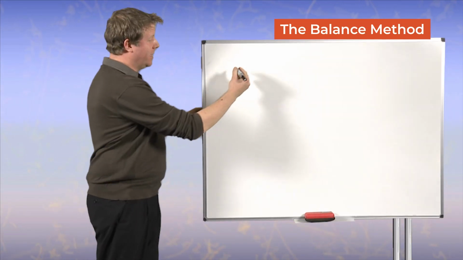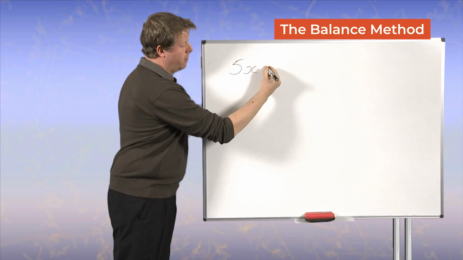Now, there are two methods we're going to look at for solving equations, and you need to decide on the method that works best for you. In other words, the method you find easiest that always gets you the correct answer. Now, the first method we're going to look at is the balance method, and the equation we're going to use for that is this one here, 5x plus 3